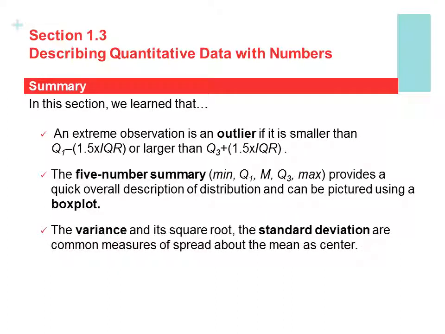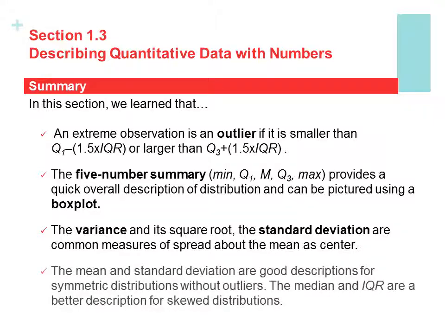The variance and its square root, the standard deviation, are common measures of spread about the mean as the center. The mean and standard deviation are good descriptions for symmetric distributions without outliers. The median and IQR are better